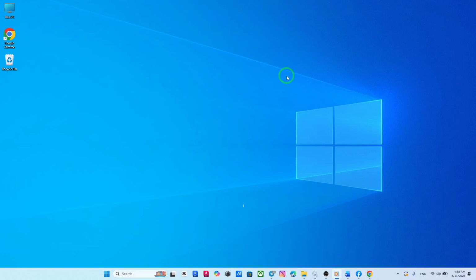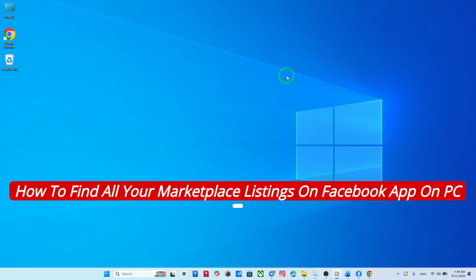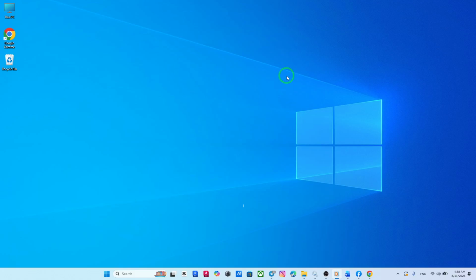Welcome back. If you've been trying to find all your marketplace listings on the Facebook app on PC after the new update, this guide will show the exact steps in a simple way. Facebook keeps changing where certain options are located, so if you were looking around the Marketplace tab and couldn't find your listings, don't worry. In this tutorial, I'll walk you through the fastest path to get to everything you've posted